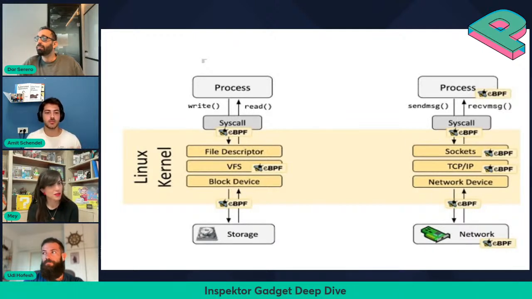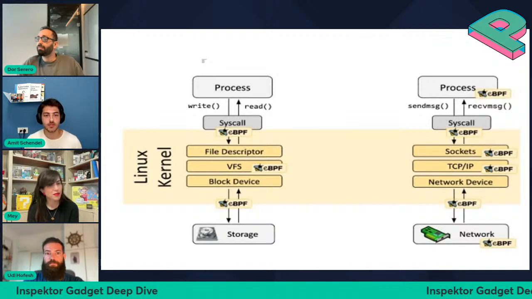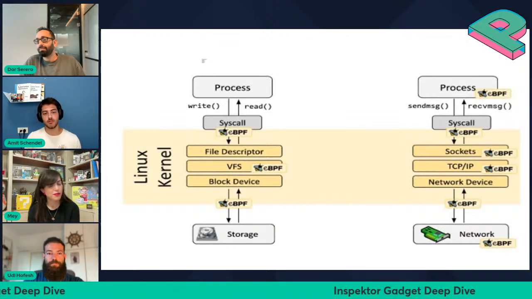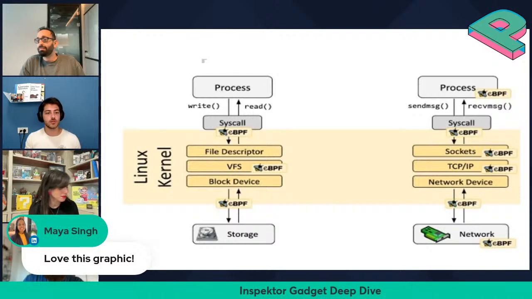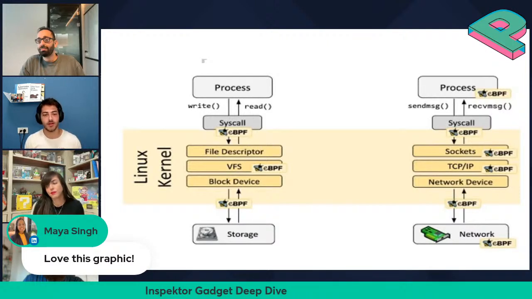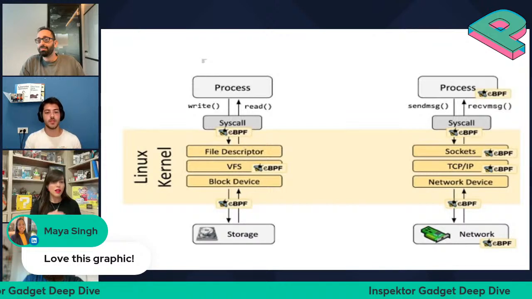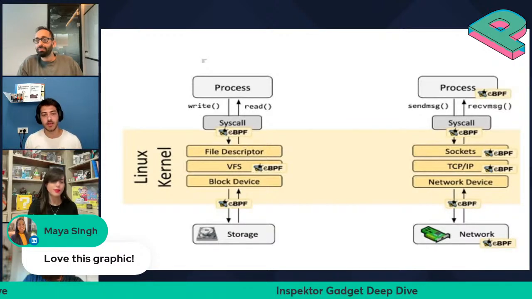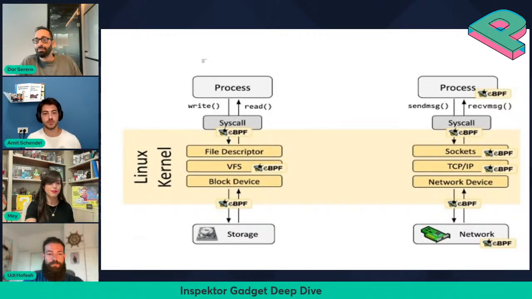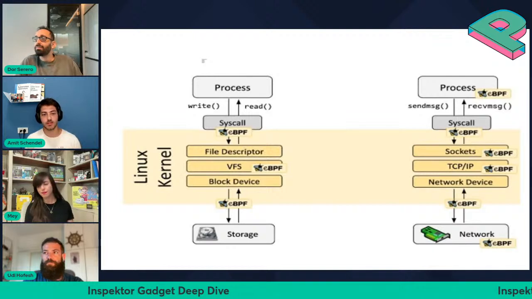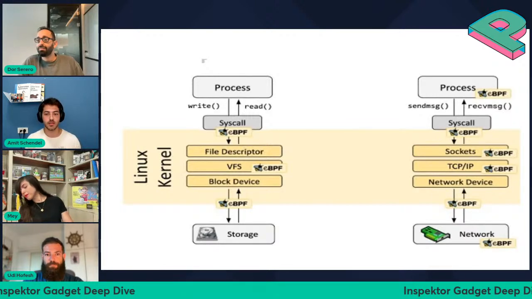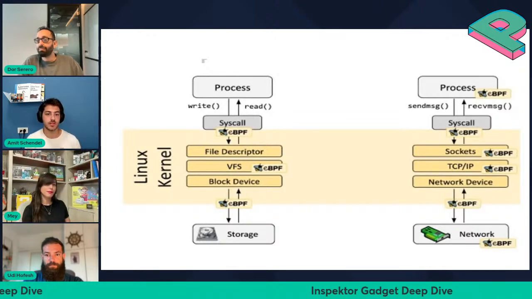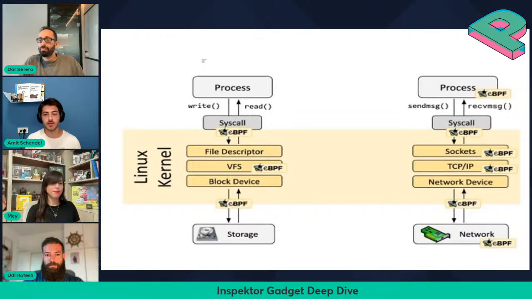Let's say your application, as we see in this image, wants to read or write data into a file. So your application eventually is going to perform a system call, which is going to request from the kernel, please write this information to this file. And eBPF basically allows you to put a hook inside many different subsystems inside the kernel. So for example, you can put it on sockets, on the virtual file systems and network devices, and many different